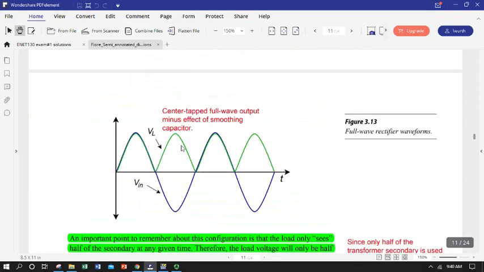We go through only one to go through the load, but we do have to take that toll. Okay, so let's look at an idealized output here in figure 313. So if the blue was 1/2 of our transformer secondary total, so our ground to one end of the coil, if our blue input was there, we would have over the load the green, and that would be obviously with no smoothing. So instead of only having one hump and then no voltage and then another forward cycle hump and no voltage, now we are getting basically a half cycle